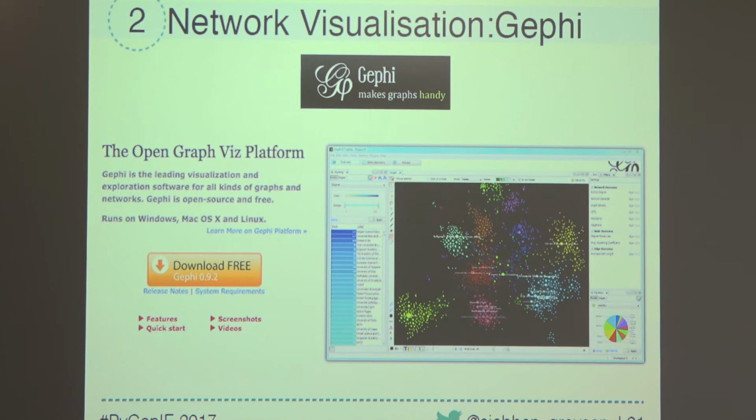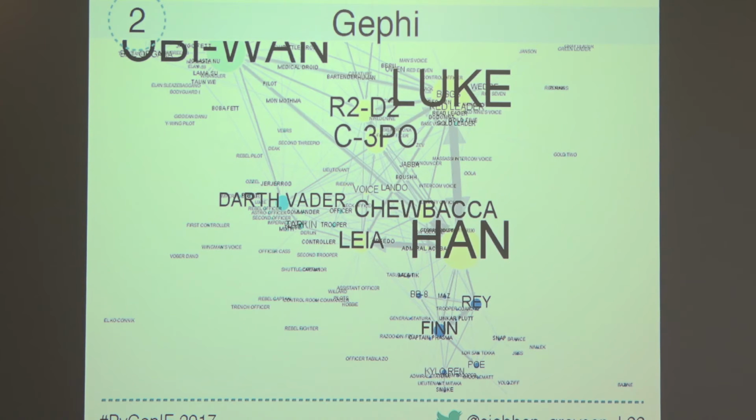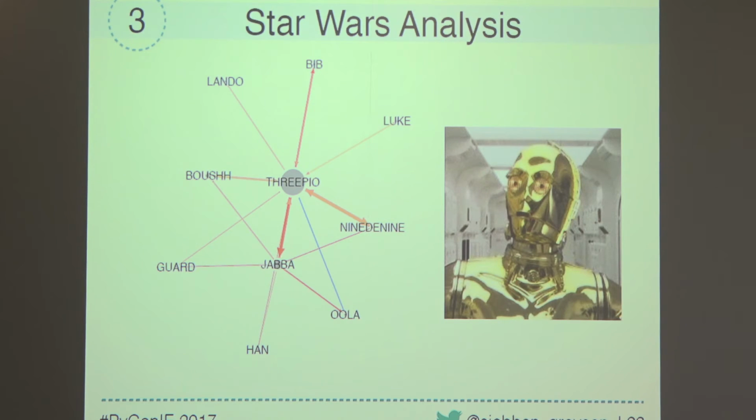I'm not going to lie, it can be a little bit buggy. There seem to be some installation issues if you're using a Mac with JRE, but otherwise there are blog posts out there that will walk you through it. These are the types of networks that you'll get. I've zoomed in there, and it'll even change the font size for you, something that takes a little longer in matplotlib. When you're not entirely sure how you want to visualize it, it's really nice to get a fast, quick idea. So this is the first network I'm going to show you.